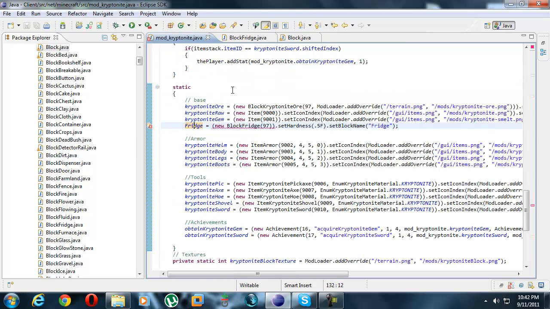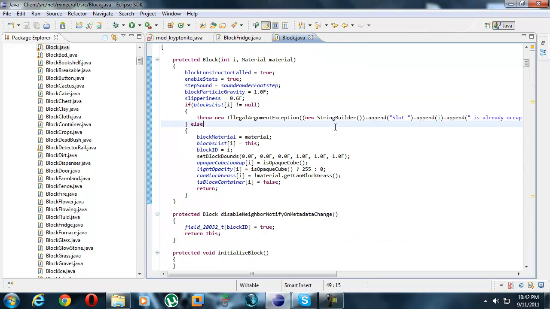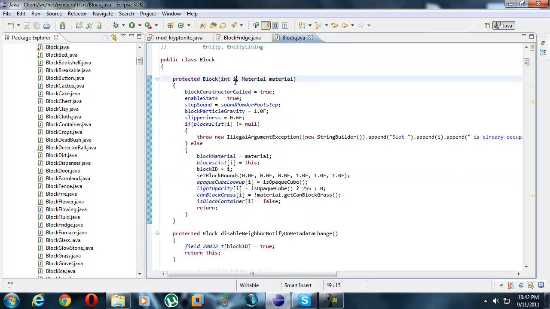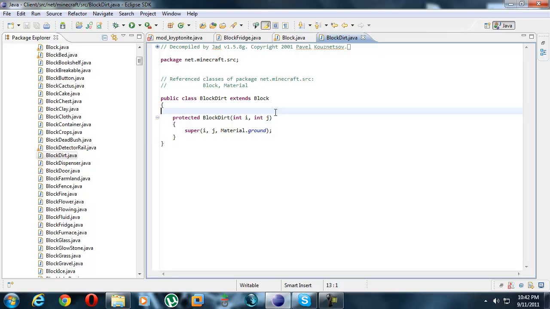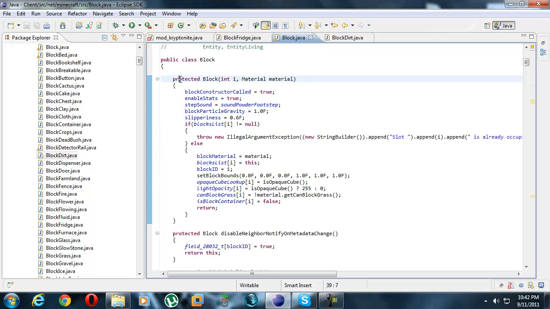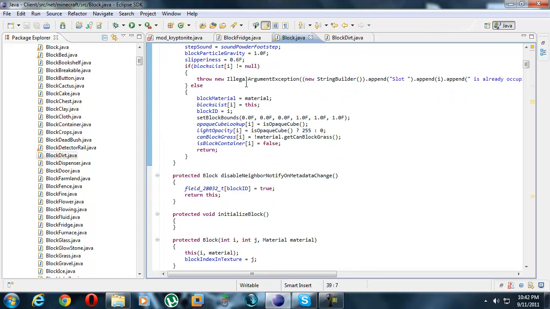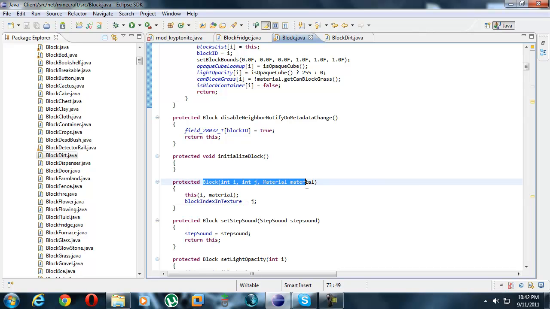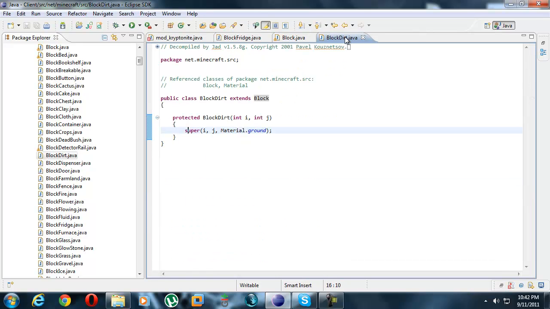And for ours, the typical is the ID and then the texture. Because, you see over here, it's the ID and then the material. So the texture isn't really required. But if you look in block dirt, what it does is it is super(I, J) and extends Block. So what it does is this super is pointing to the constructor in here. And somehow, here it is, Block(int I, int J, Material), just like this thing says, and it asks for